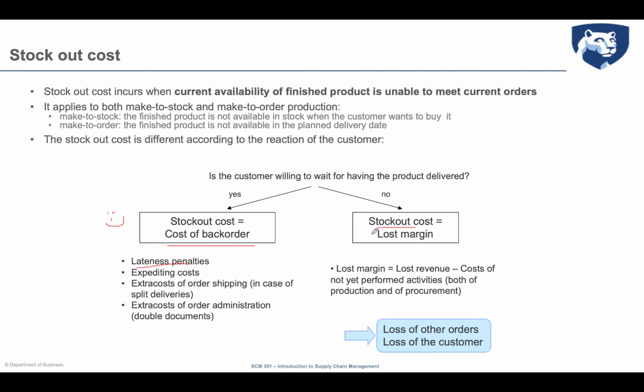The worst scenario is when the stockout is a lost sale. In this case, the lost sale results in a loss which is equal to the lost margin. However, whenever you have a stock out, you can also have a loss on other orders, and you can also lose brand reputation in the eyes of the customer. So usually we don't use the lost margin, which is the price minus the variable cost, but most companies say that the loss related to the stock out is the full loss on price,